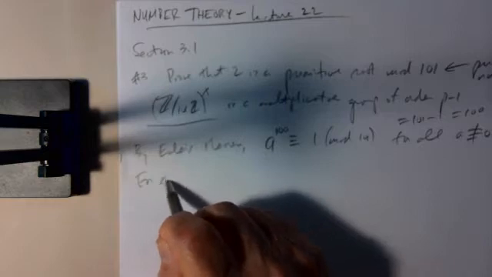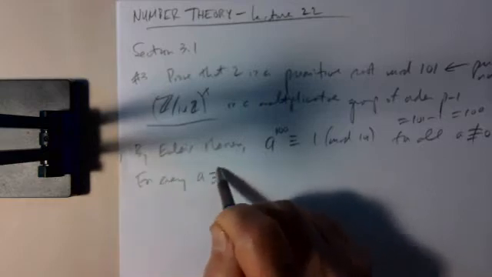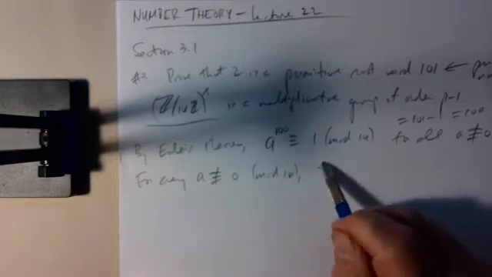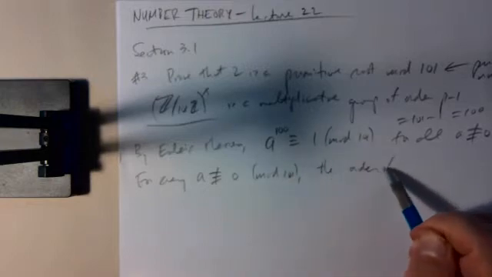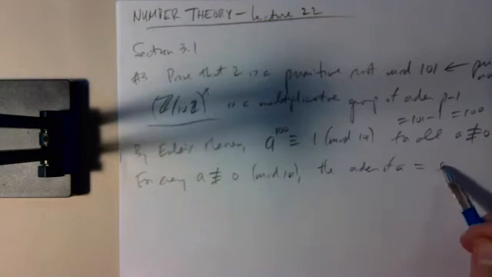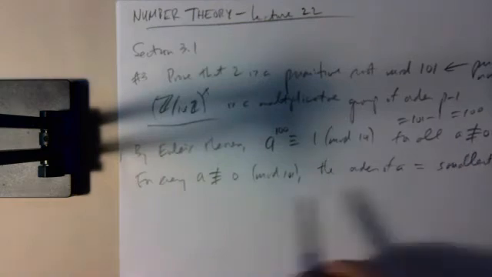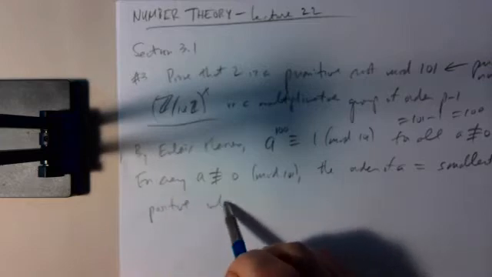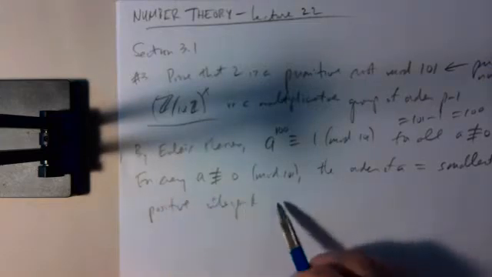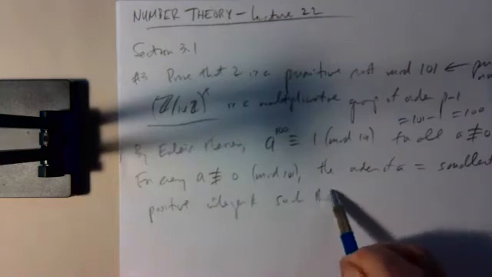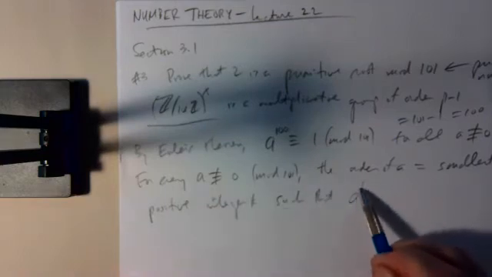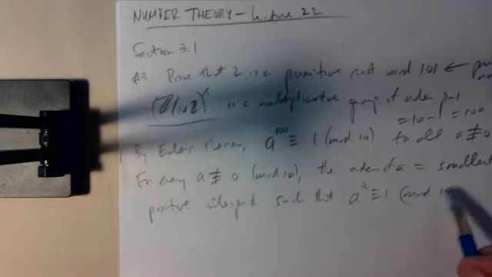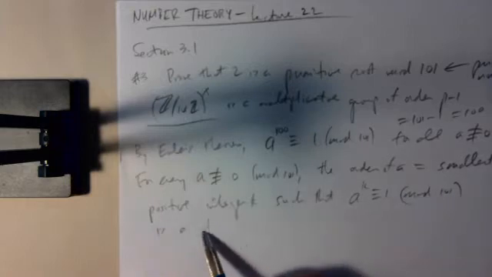Moreover, for every a not congruent to 0 mod 101, the order of a, which is the smallest positive integer k such that a to the k is congruent to 1 mod 101,